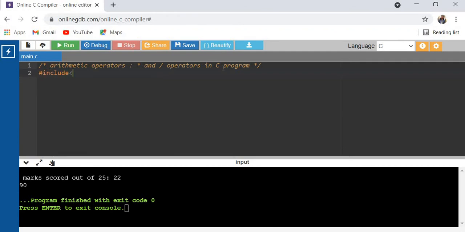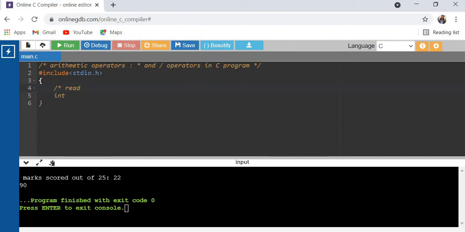So first let us include stdio.h, because when we use the printf statement for printing the output on the monitor, that function is defined in the library called the standard input output header file. So we need to include it. Now let's write a program to read a mark. What's the aim of the program? Let's see now.